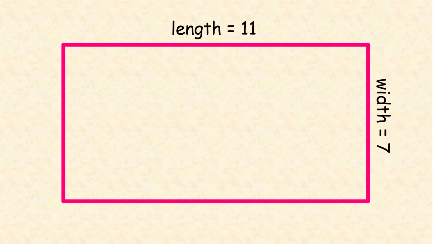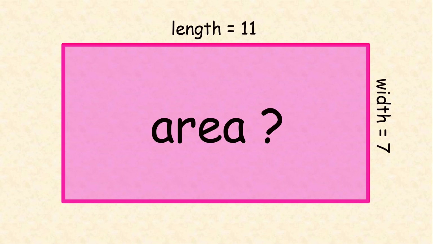After watching this video, draw a rectangle like this and define its length and width. For example, I'd like to choose 11 for the length and 7 for the width. Then calculate the area of it. And finally, write your numbers as the length and width and your final answer as the total area of the rectangle in the comment box.